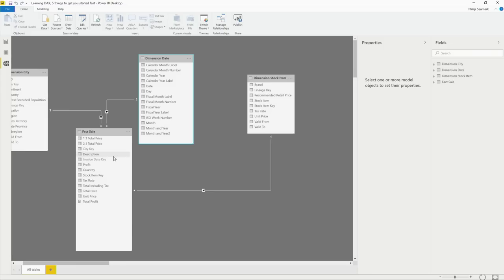I have a transaction table with 1 row per sale, and hopefully you've got a very, very big one of these if you're working on a similar model yourselves. And I have 3 additional tables that we call dimension tables. These are the tables that we can use to slice and dice the data. We're not going to be talking too much about data modeling today. What we're going to be doing is writing DAX to leverage this particular data model.